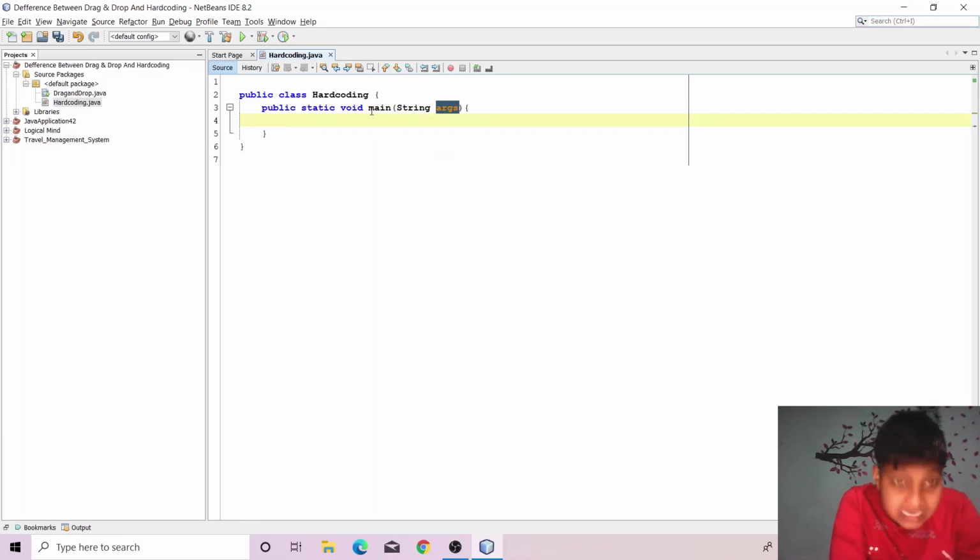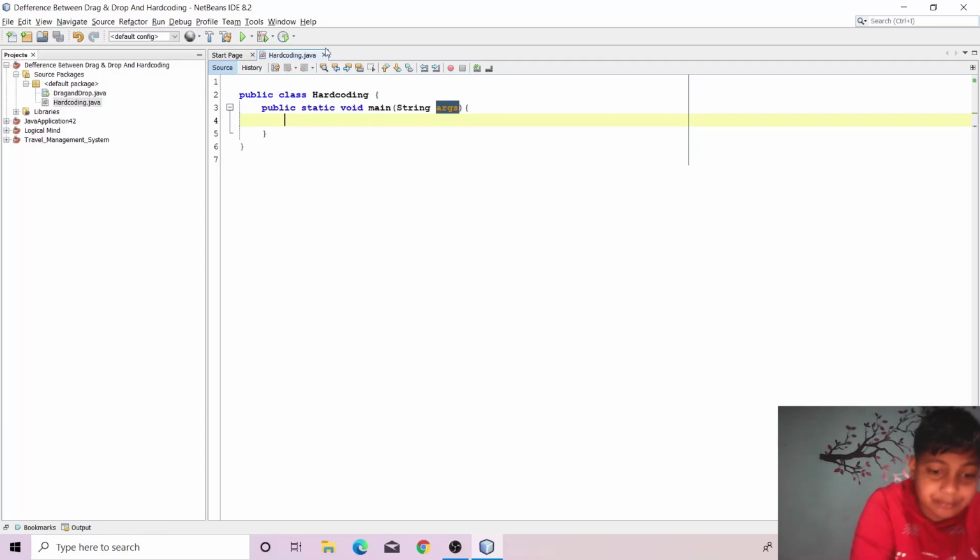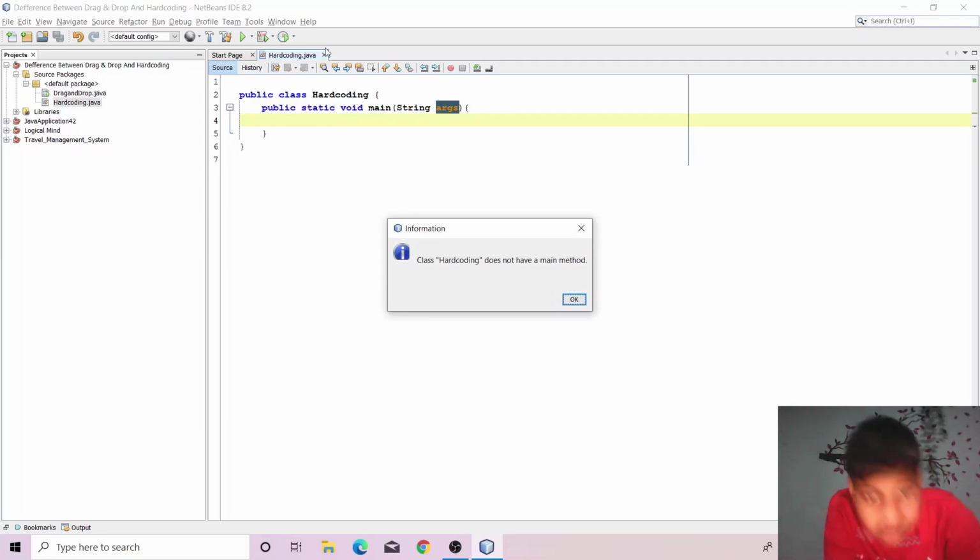Now one more thing, if you type this much, I will tell you that from this much our frame is ready, although its size and location is not fixed, but our frame is ready. Okay, so if I run this, our frame is ready.